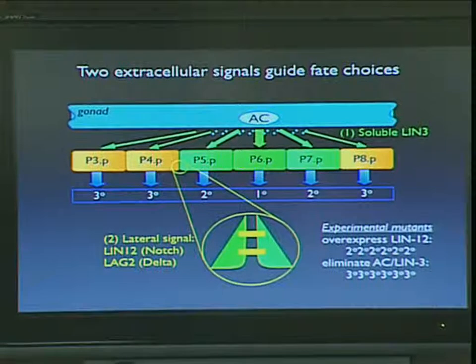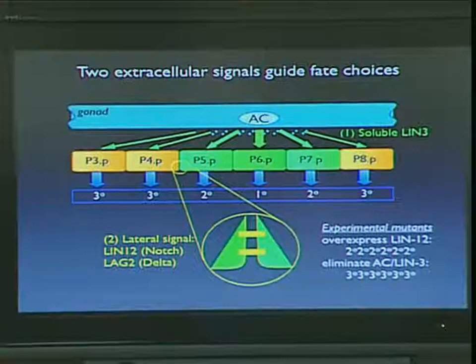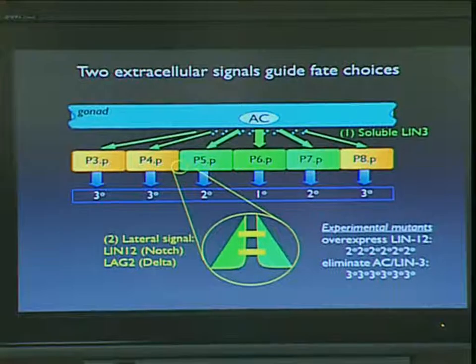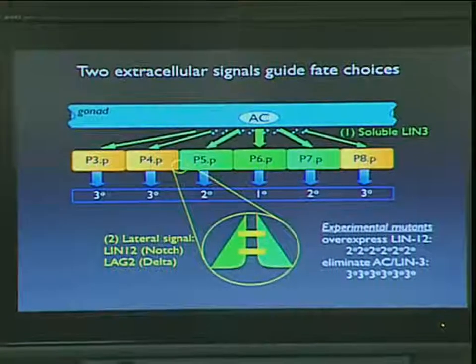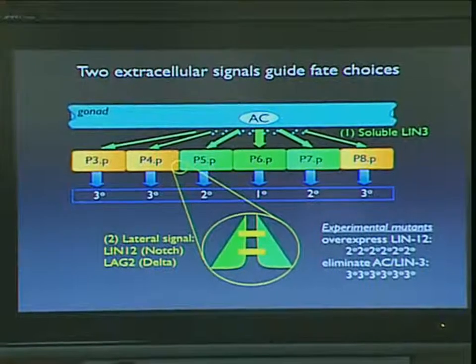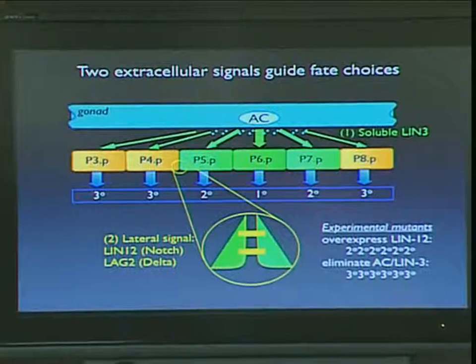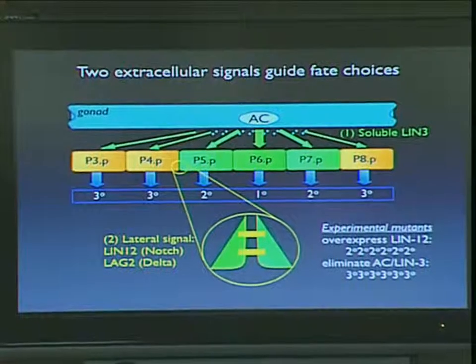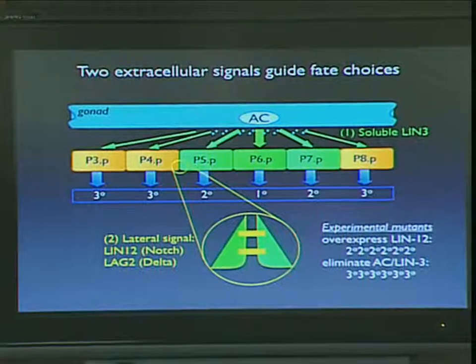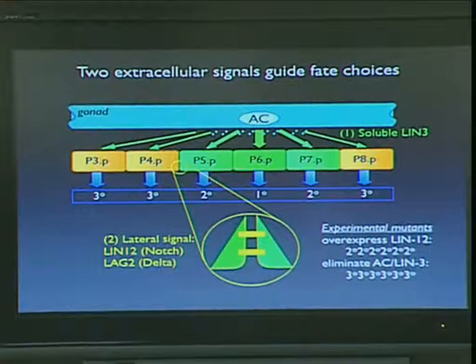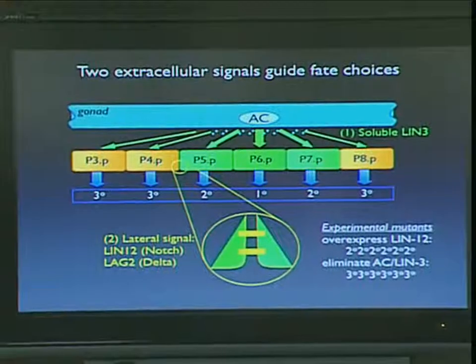So here again, you have an interplay between EGF soluble factors and cell-cell interaction, giving rise to this spatial pattern of 3-3-2-1-2-3, which is the wild-type pattern. If there are mutations in the system, like overexpressing Lin12, which is the cell-cell receptor, you can get all secondaries. If you knock out Lin3, the EGF-like molecule coming from the anchor cell, you get all tertiaries. So we have a good understanding of various mutants that can form in the system when you perturb the